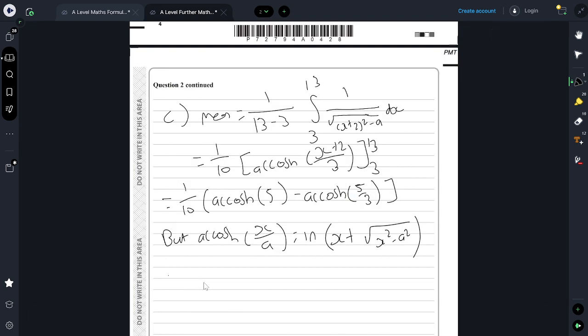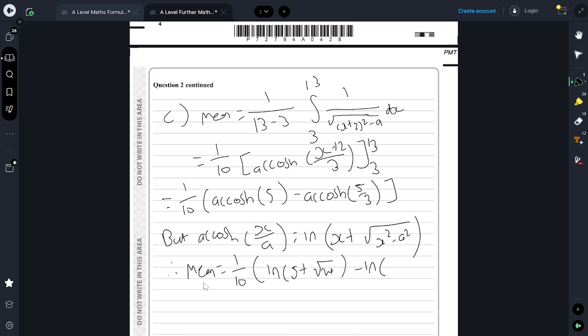And that's what we're going to do here. Therefore, the integral is going to be 1 over 10 arc cosh of 5. So substitute 5 over 1, so a is 1, x is 5. That's going to be ln of 5 plus root of 5 squared minus 1, so it's going to be root 24